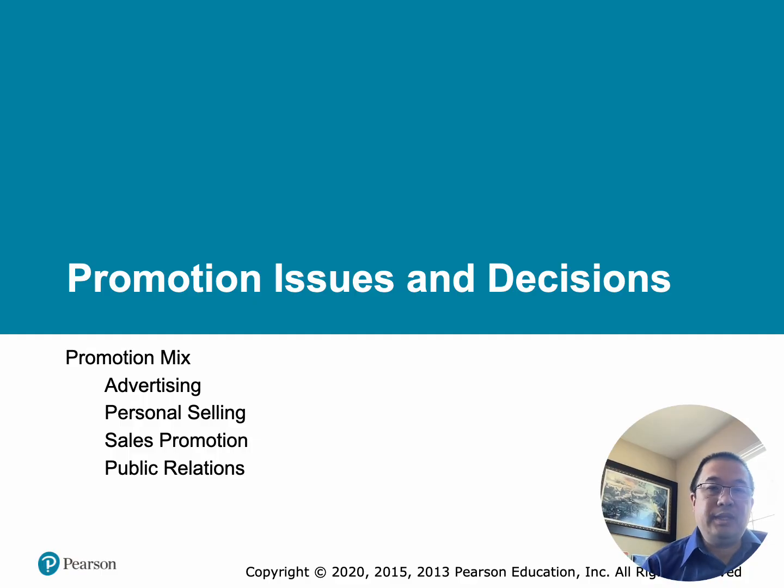Number 2, personal selling. Personal selling involves direct interaction between a salesperson and a customer. As an example, sales representatives, B2B sales meetings, and product demonstrations. The advantages are it offers personalized communication, immediate customer feedback, and it's effective for complex products. A software company selling enterprise cybersecurity solutions often relies heavily on personal selling rather than mass advertising.